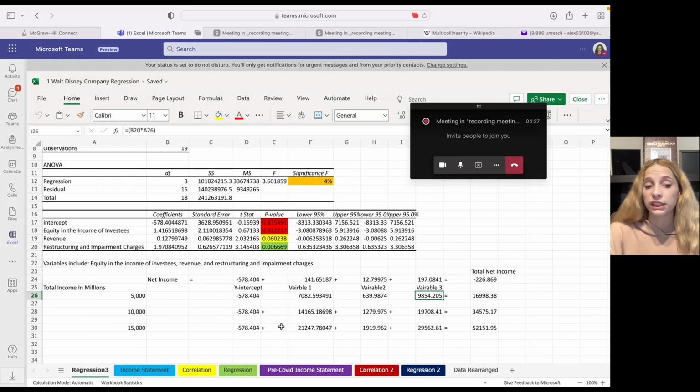We did the same thing for 15 million, just replacing that total income in millions. This gave us a total net income of $34,575,017. As well, 100,095 for 15,000. As you can see, those are higher numbers, but since our R-square is only 42%,